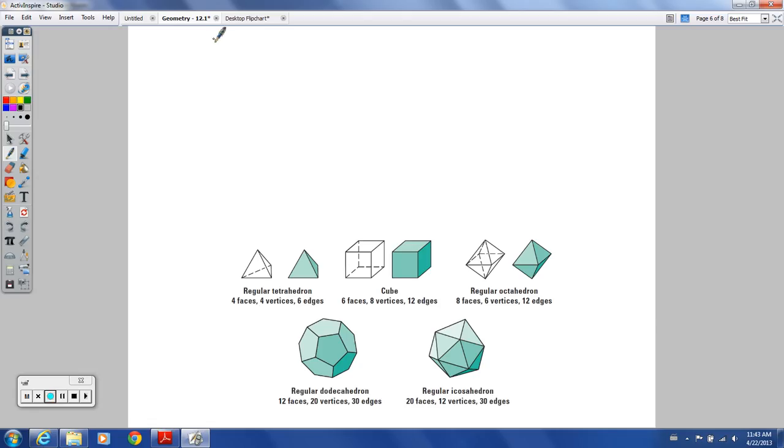There are 5 and only 5. Pretty crazy that this is it. These are the only 5 regular polyhedra in the world. Polyhedra, polyhedrons. And again, these are called Platonic solids, named after Plato. Not the stuff you make shapes with or whatnot, the Greek philosopher Plato. Okay, so one of them is